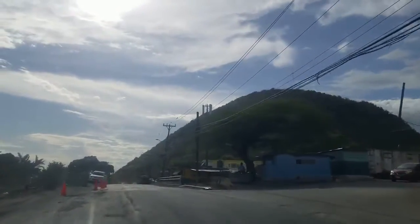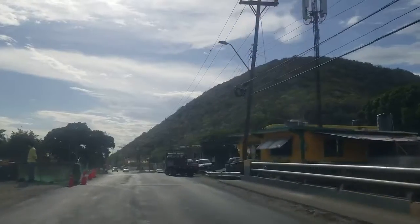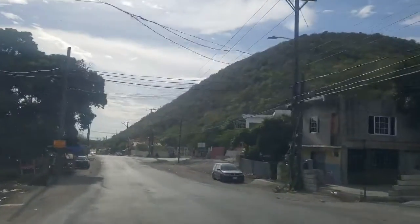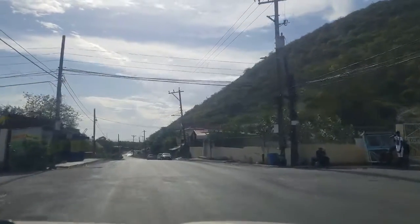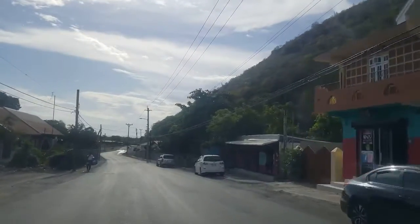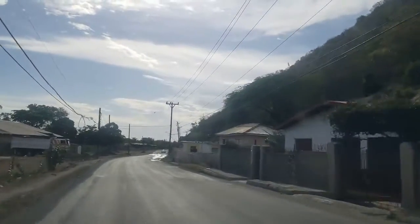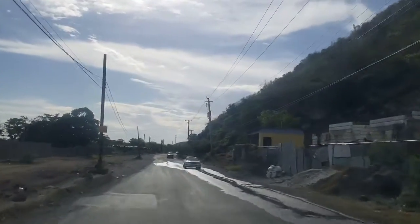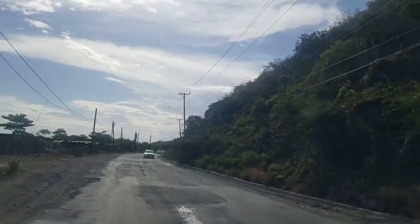Now when you get to the section from Bull Bay to Southern Coast Adventure Park, that part of the road is going to be a new road. Those 4 lanes, there was no existing road there. The highway takes a new path there, and that road was cut through the hill. We have videos up of that section as well, so you can search the channel for construction Southern Coastal Highway